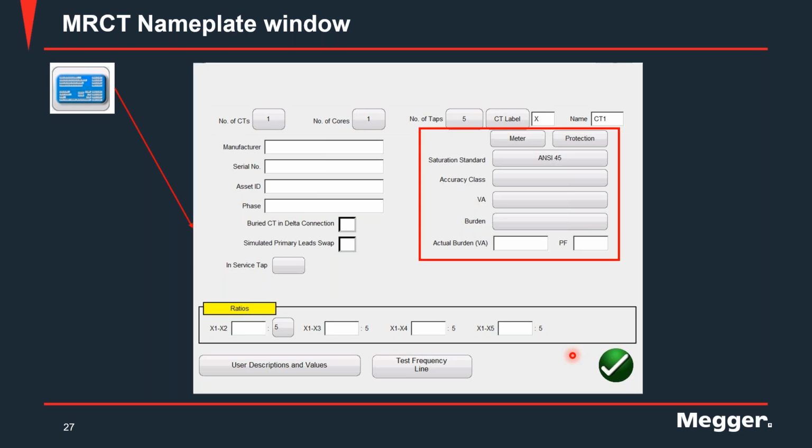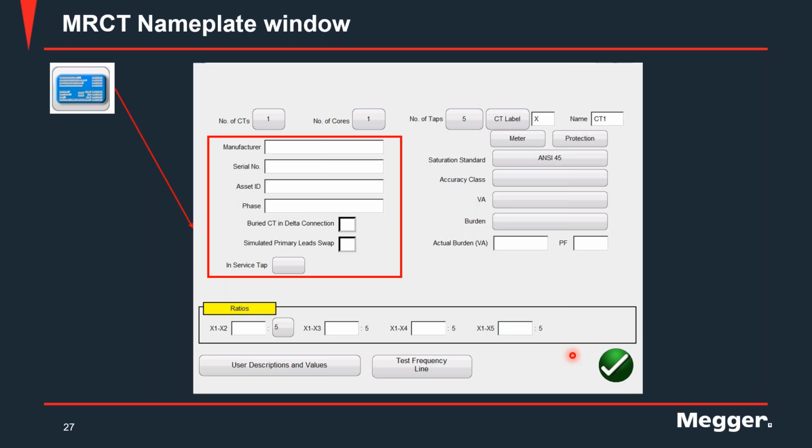So there's a lot of customization which can be done here in your report, and we've made it as user-friendly as possible. On the right here, you can enter the accuracy class and the burden specifications. You can select the type. You can select the accuracy class based on the type. So all of that information can be entered on the right, and on the left you can enter the reporting